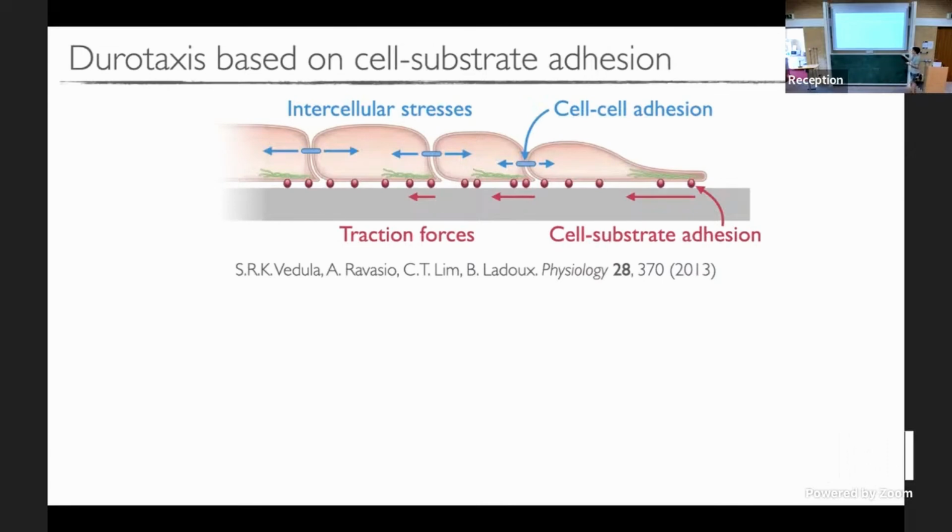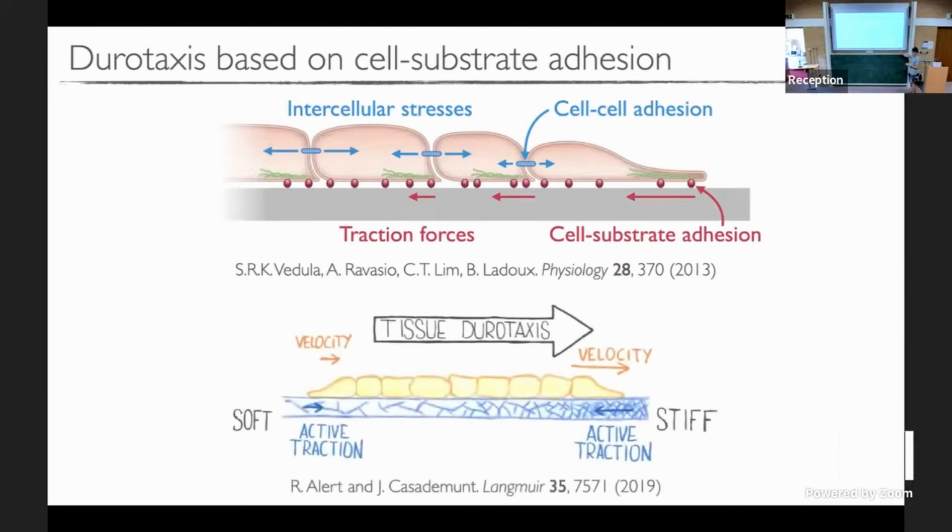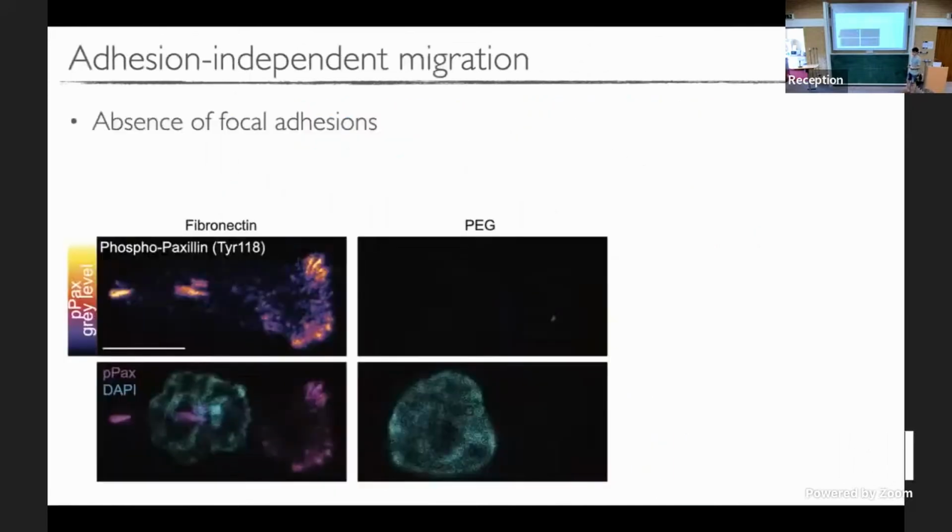In the presence of focal adhesions, it makes sense to build the models that we did before that say cells can sense the stiffness, they can adapt the traction force that they generate to the stiffness that they sense, and then you have this imbalance in traction forces that drives durotaxis. This is the picture I told you so far. But now it won't make sense anymore if we study cells that do not form focal adhesions. And so here I'm showing you